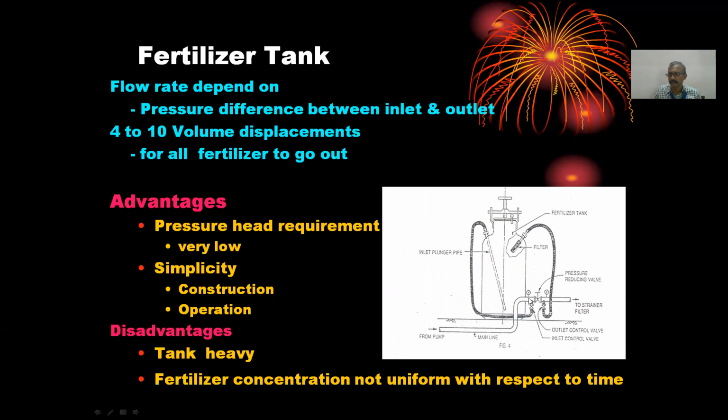See here, this is a main pipe. You have a valve, and here also there is a bypass. And just downstream side of the valve there is an outlet, and it goes into a tank. This is also a very heavy tank. You just cannot use a normal tank because it is operated under pressure, and it will also have a very thick material, and it is also costly, around 5,000 rupees. It will be costing. Smaller size tanks around 30 liters and all will be costing around 5,000 rupees, because it's